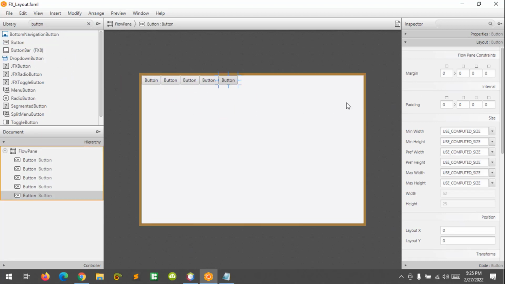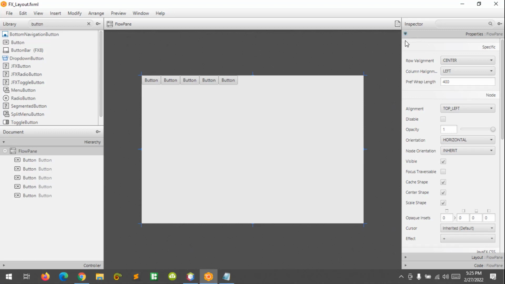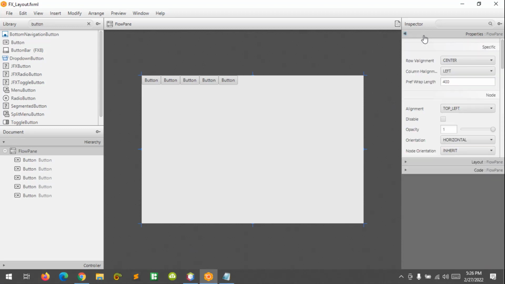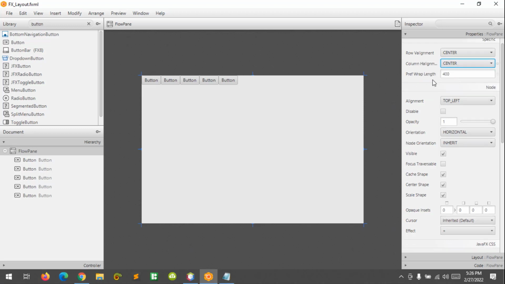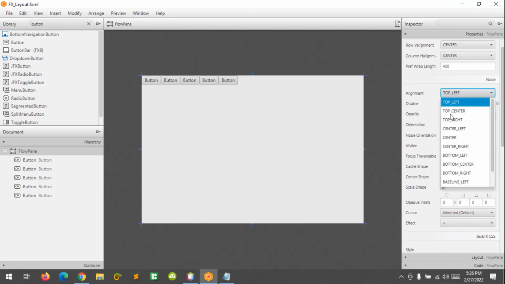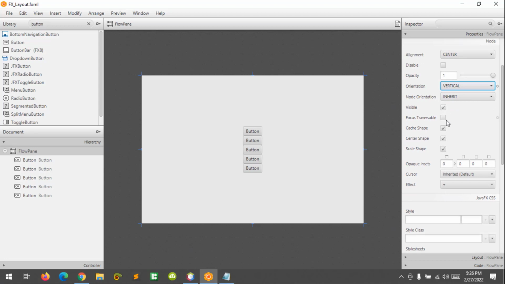Alright, so to set the properties of the FlowPane, you can go here at the inspector and collapse the properties here and set the row alignment to center. You can explore here, and column alignment to center, something like that, and alignment to center like this, orientation to vertical,